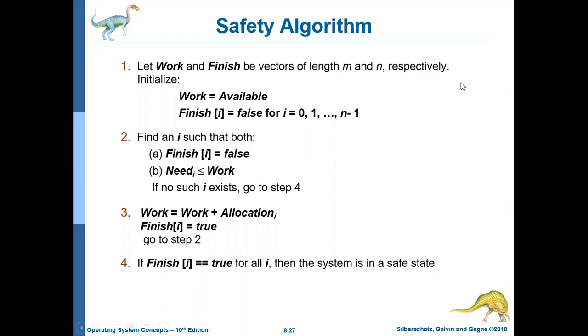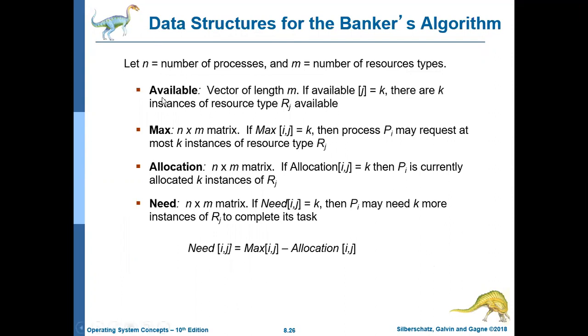Okay. So we are given those four matrices well in advance. You can assume available, the number of resources already available in your system, then the max demand of the processes, then the already allocated resources. You know these four different matrices. Now using these matrices, you need to check whether your system is in a safe state or not.